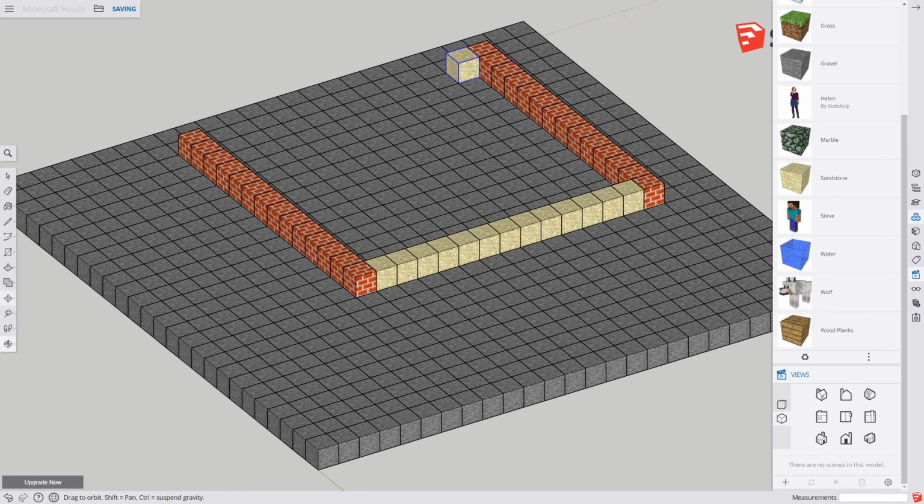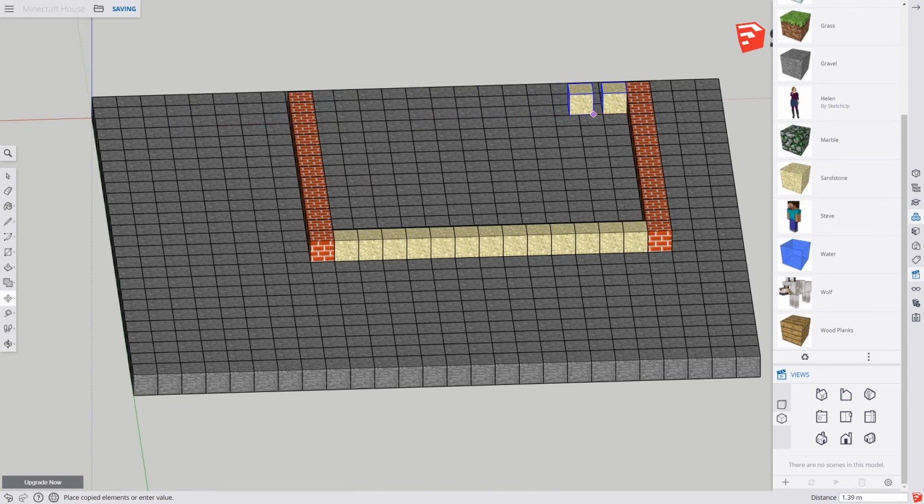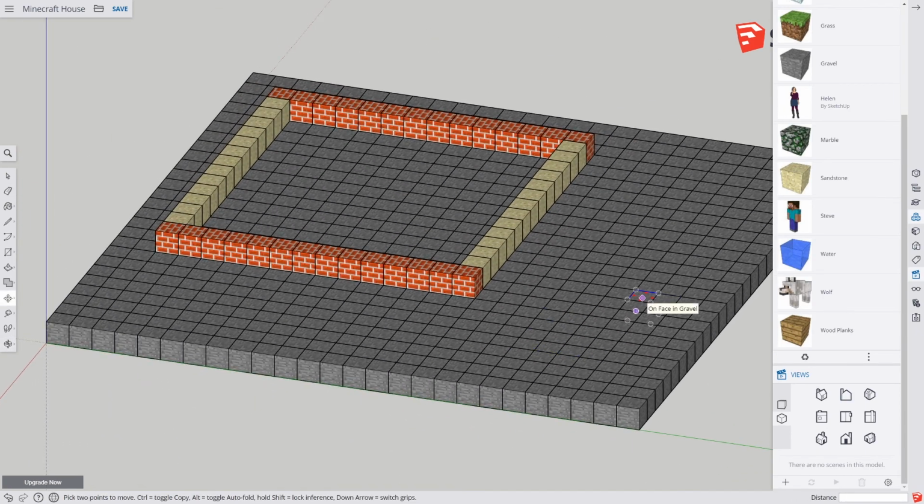But I want to show you a couple of different techniques. I want to go from here to here and have 12 in between. So instead of times, I'm going to go 12 /, which is divide. And there we go. I'm going to copy this big square. I'm going to bring it up